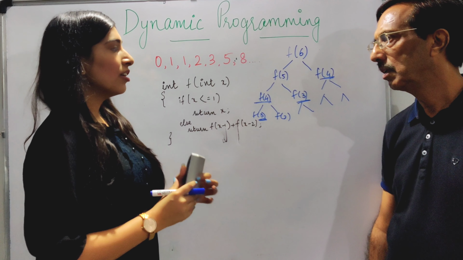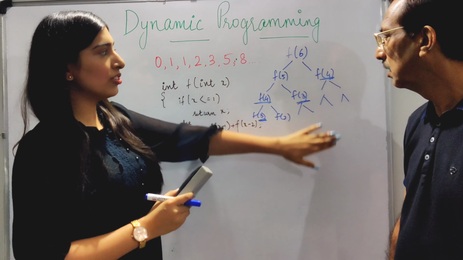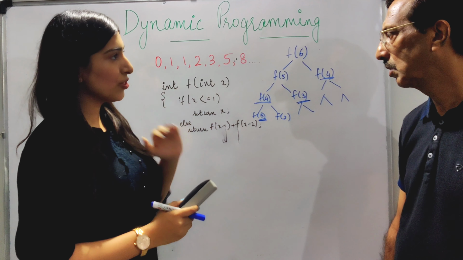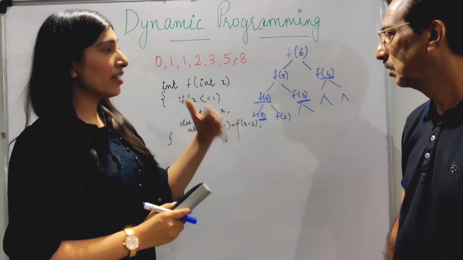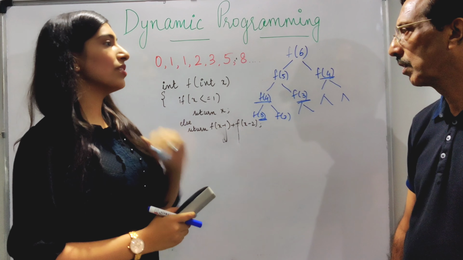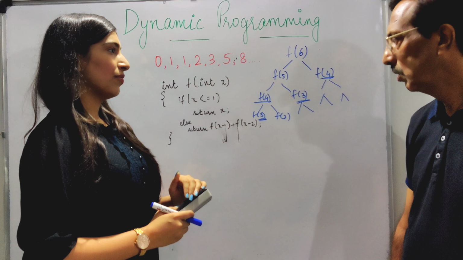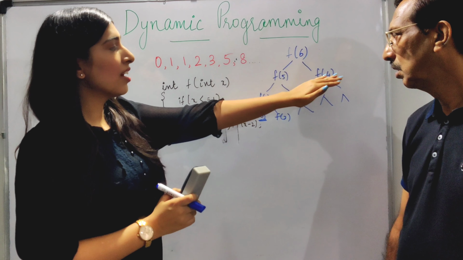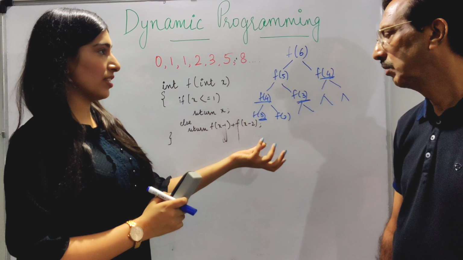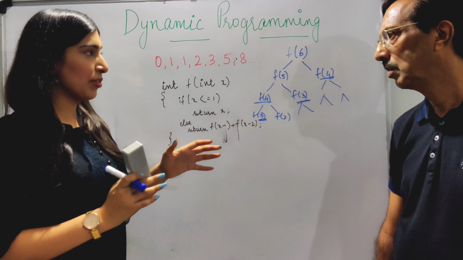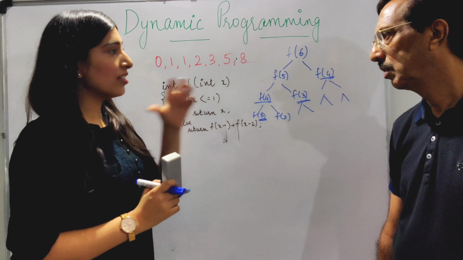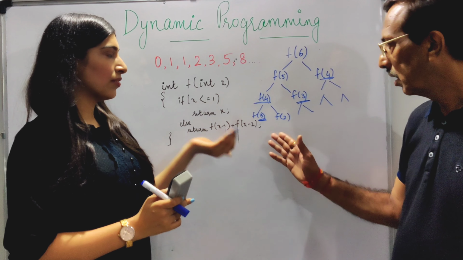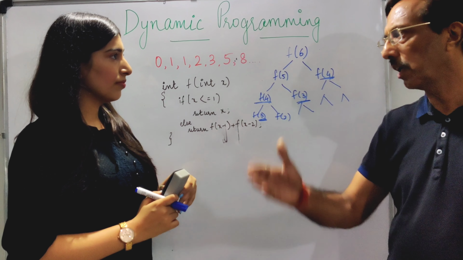Exactly the point. In recursion, we don't store it anywhere. We calculate it again and again. This is what we are doing, right? We are not storing it anywhere. But in dynamic programming, we store the values. That is the exact point that you said, because here we are recomputing the values again. So this is the basics of dynamic programming, that we store the answers to sub-problems and use them for bigger problems.